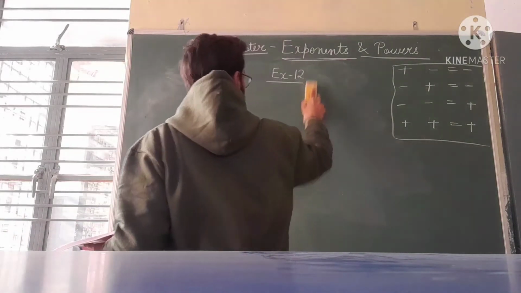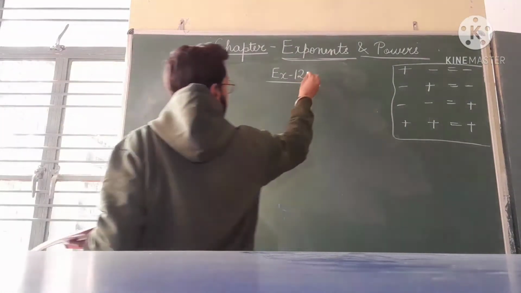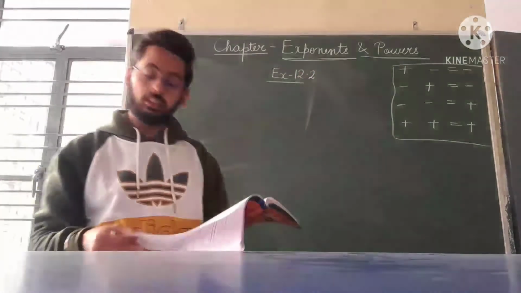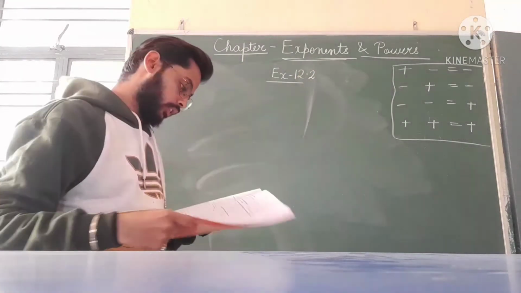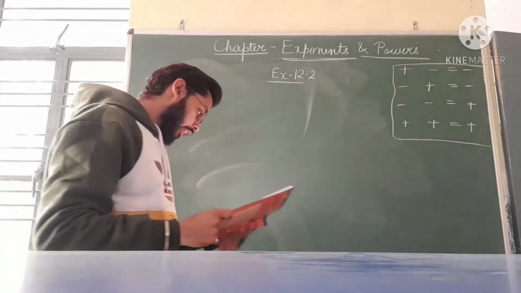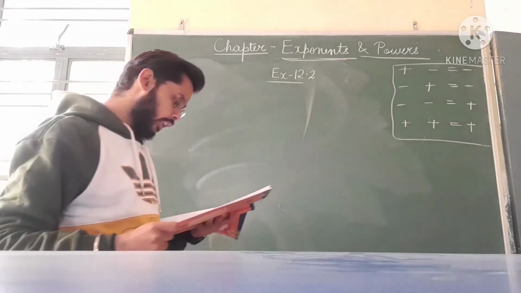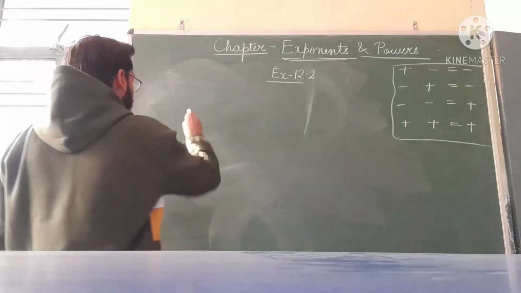Okay. Now I'm going to our next exercise, exercise 10.2. It is also very easy. I have told you the law of exponents by which we can easily do the questions. See question number 1 for exponential form, you can do the first and second questions easily. Third too. Now I am telling you question number 4.